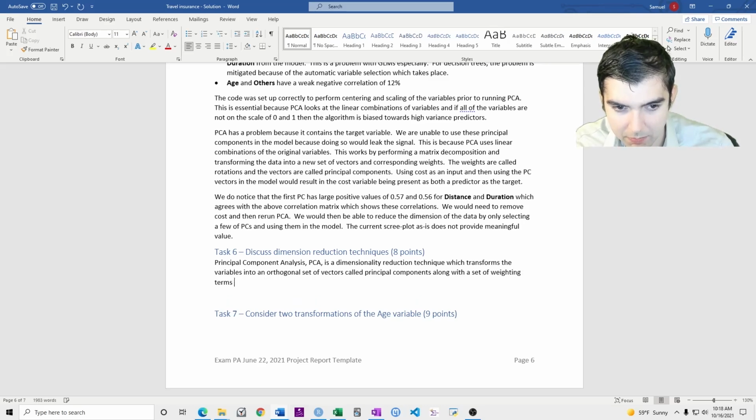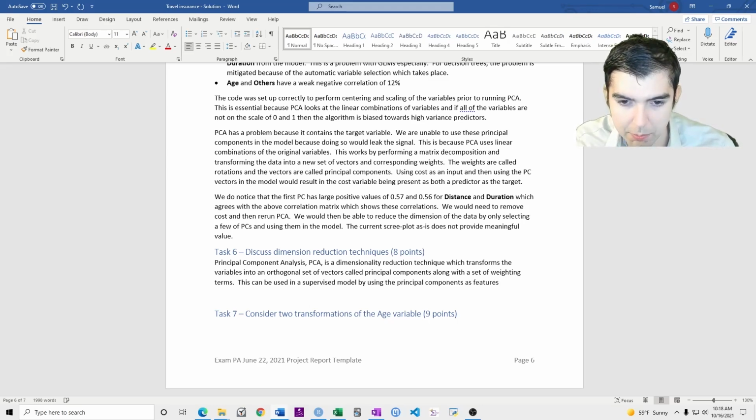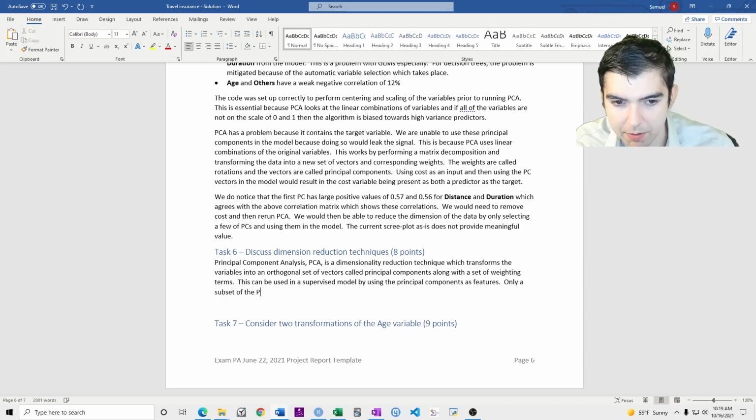This can be used in a supervised model by using the principal components as features. Only a subset of the PCs can be used so that the dimension of the data is reduced.